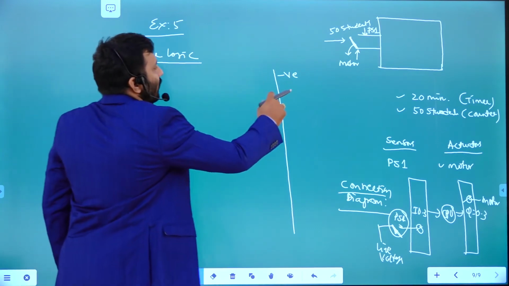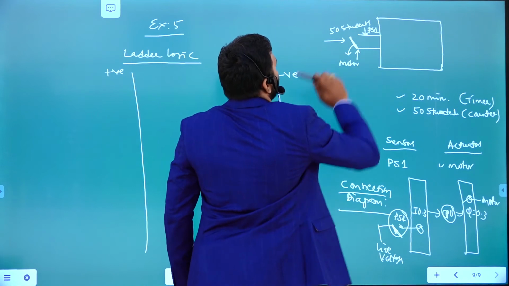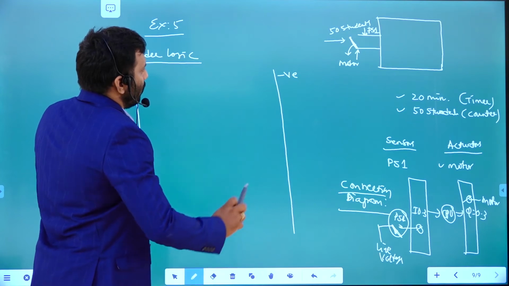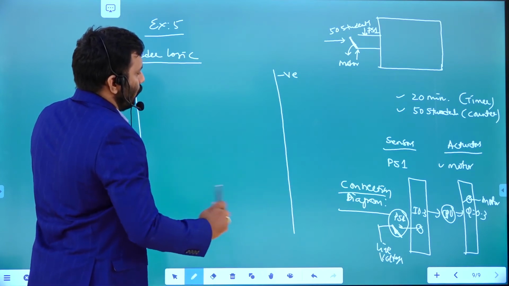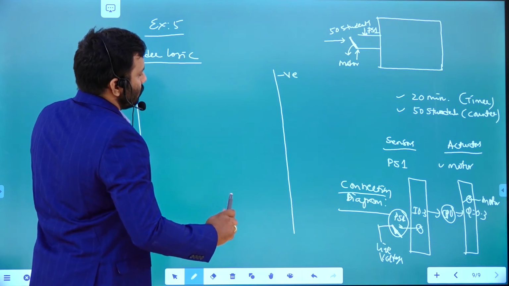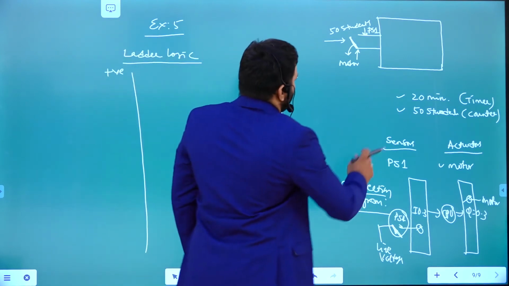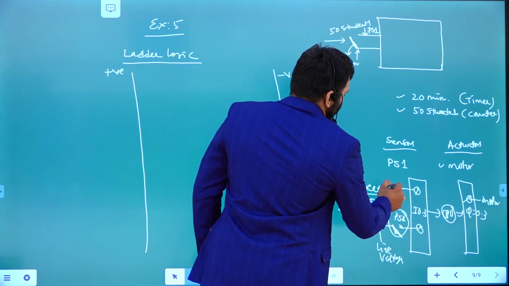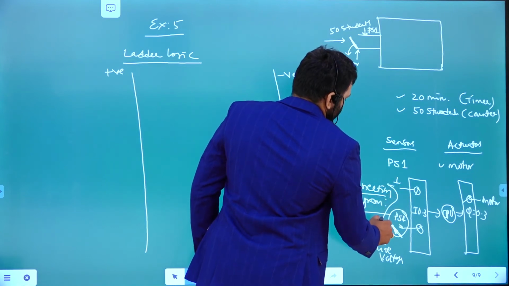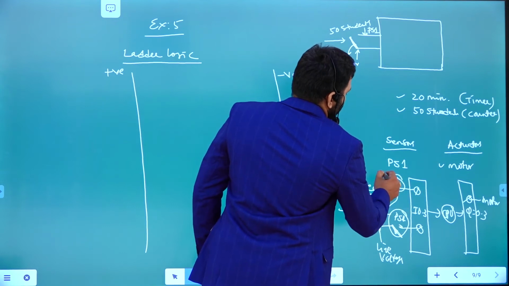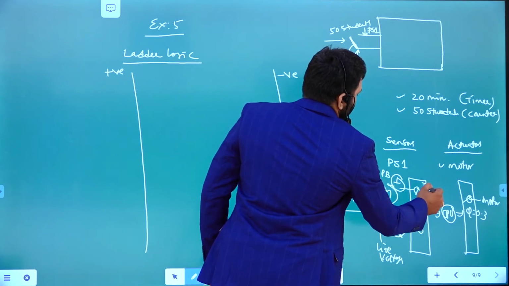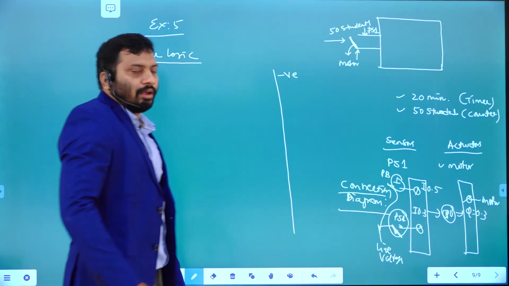Now what do we have to do? First, initially open the door. To open the door, you place another push button, that means a reset button. Line voltage you need to connect. The push button you add, its address is for example I 0.5.